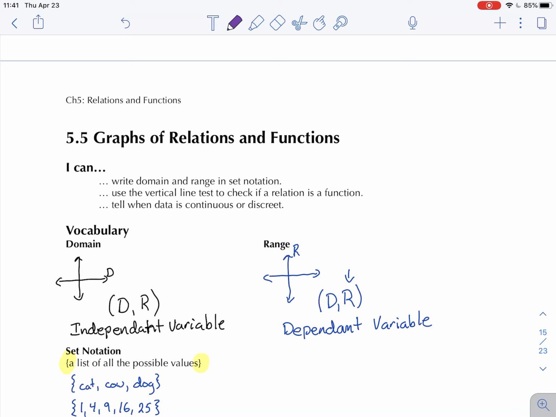All right, hopefully you should have an idea now of writing domain and range in set notation, using the vertical line test to check if a relation is a function, and you should be starting to have an idea of when the data is continuous or discrete. We'll look at the